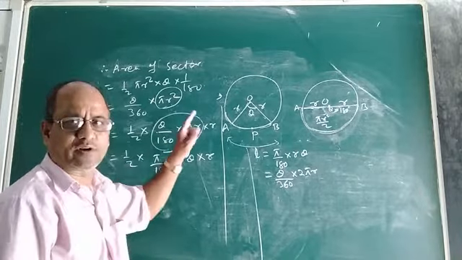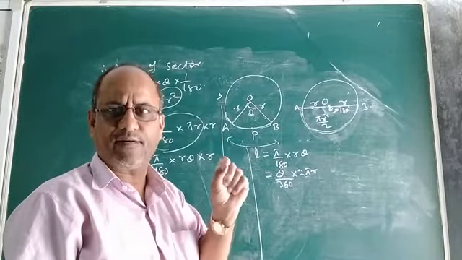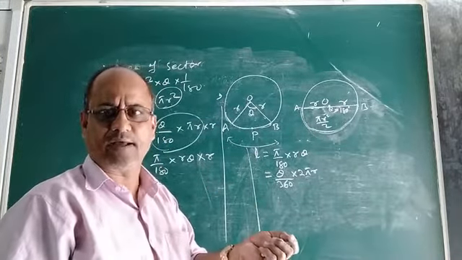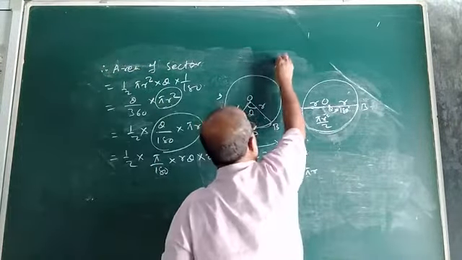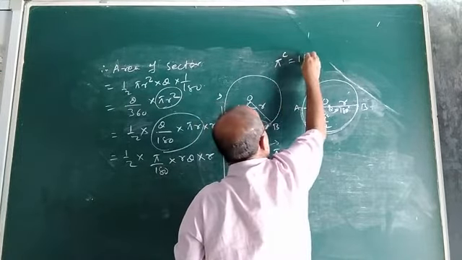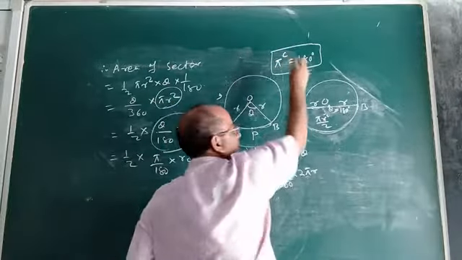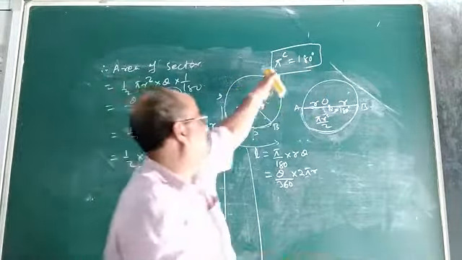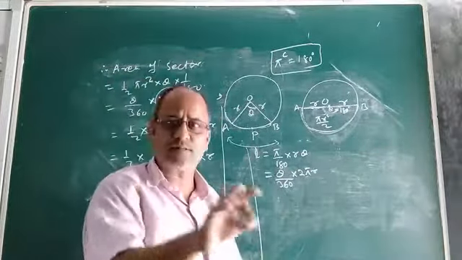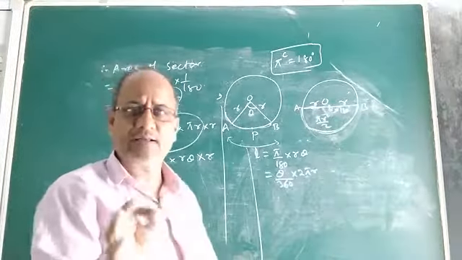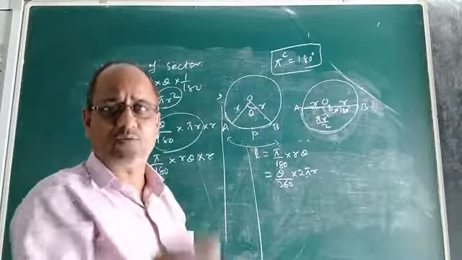Pi is actually radian. Radian is another unit of angle. Degree is a unit of angle, and radian is also a unit of angle. There is a relation between radian and degree: pi radian is 180 degree. Please remember, small c is the symbol for radian. Pi radian equal to 180 degree. That is the relation between radian and degree, which are two units of the same thing, that is angle. Pi radian is always equal to 180 degree.